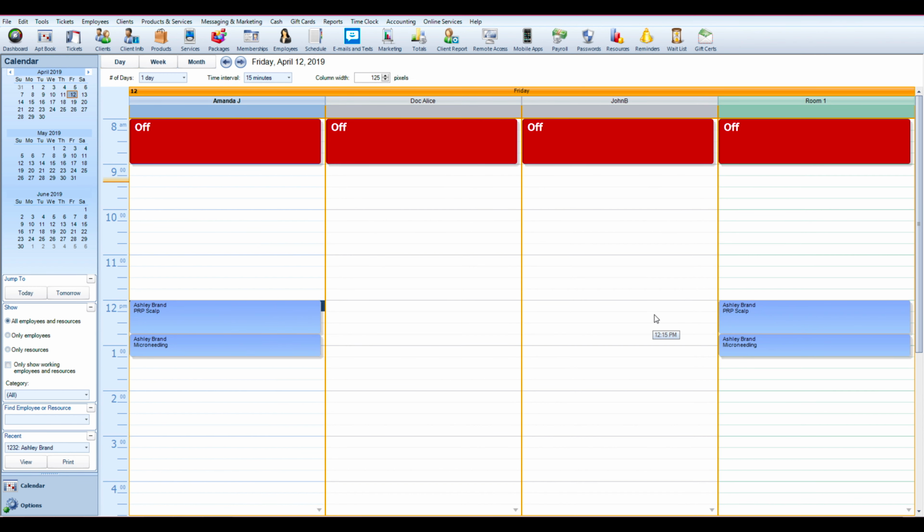And now you'll see that it's able to reference the room with the employees so that that room cannot be booked at that time with another employee. So if I only have one room for PRP, and John wanted to book a PRP appointment for 12 o'clock, it will then come back and throw an error at John to say that, hey, that room has already been